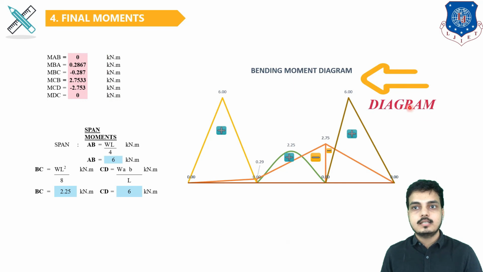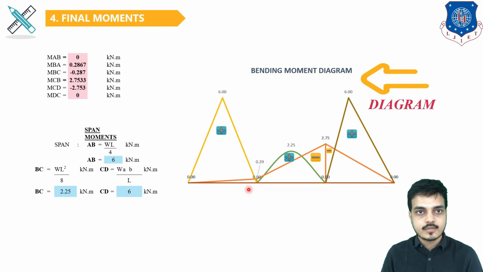At last, we will be drawing the bending moment diagram. 0 over here. Now look, one more thing. Here 0 has come. Why? Because here A and D are simple supports. They do not resist moment, so your sum is correct. Also B and C have 0. Look, this is a positive value, this is a negative value. Ultimately it is 0. MCB plus MCD is also 0. So ultimately everywhere it is a 0 value. So your entire sum is correct.